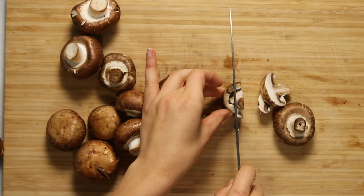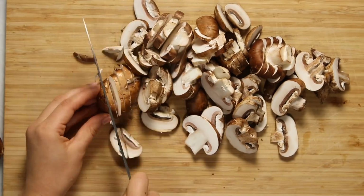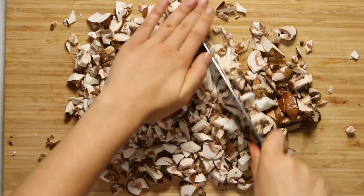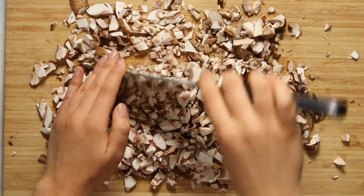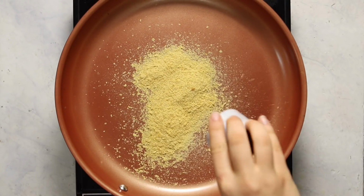So to start out, we're obviously going to need some mushrooms. I'm using cremini mushrooms, and I cut them into pretty thick slices, and then I just use my knife to dice them up. This way we're getting a little bit of a yummy mushroom bite in every bite that we take of the risotto. So after you've diced up your mushrooms, we're actually going to be doing 2 things first